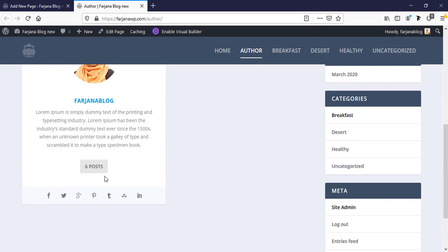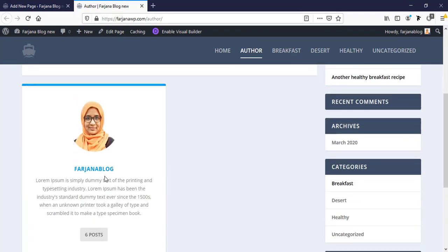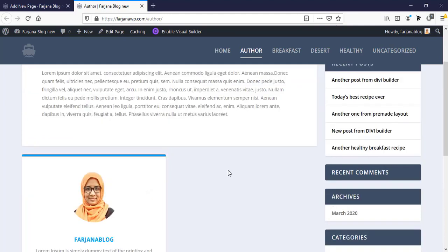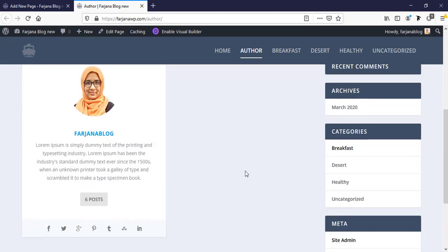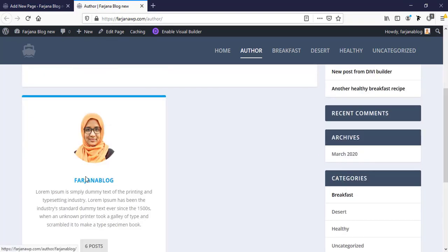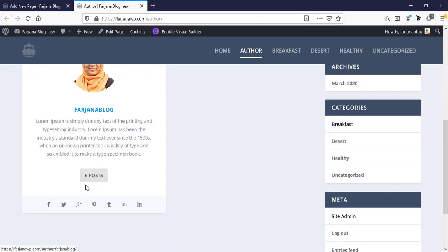So here is our author page, and here it is showing the author. Here I am the only author. So if we have multiple authors, we can see the whole author list here. For example, if we have two authors, then we can see another author on the right side. Here is the author picture, author name, and some text about the author. Here is the post number, how many posts this author posted, and here are some social links and social icons about